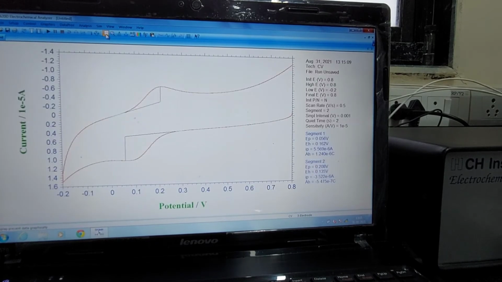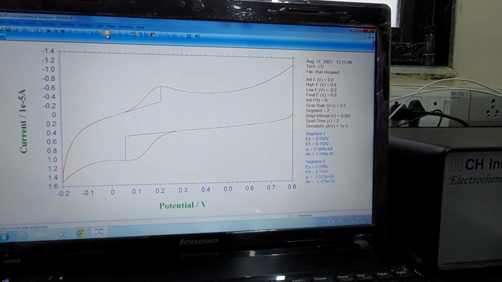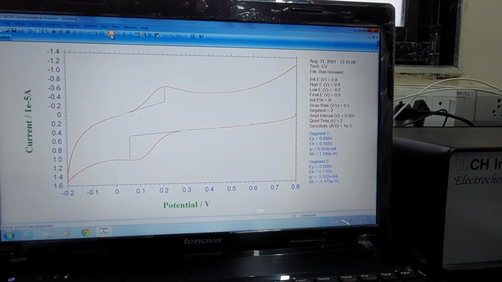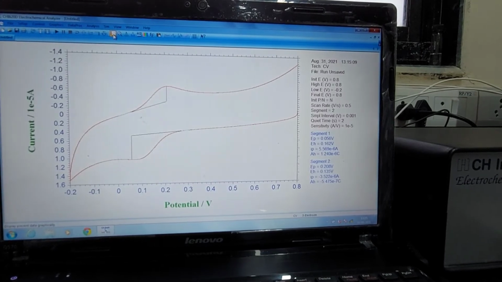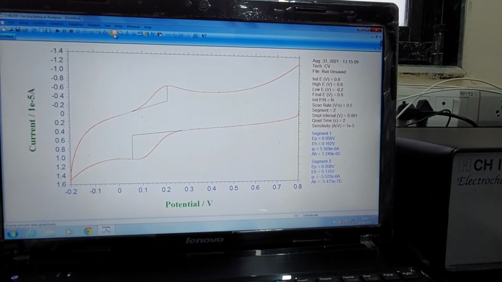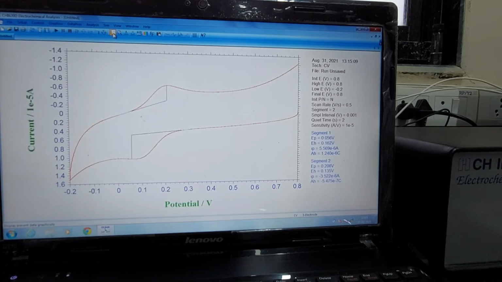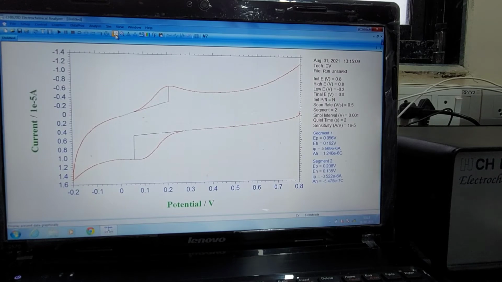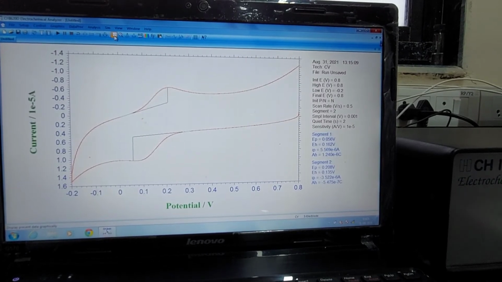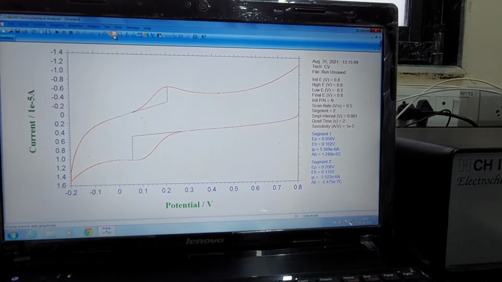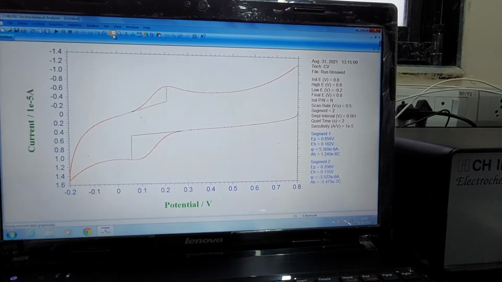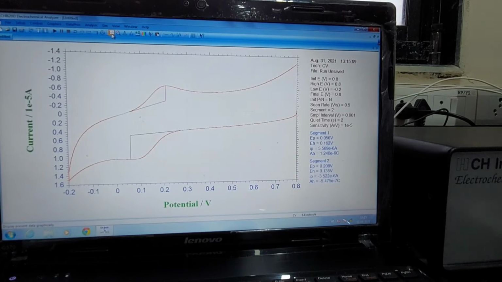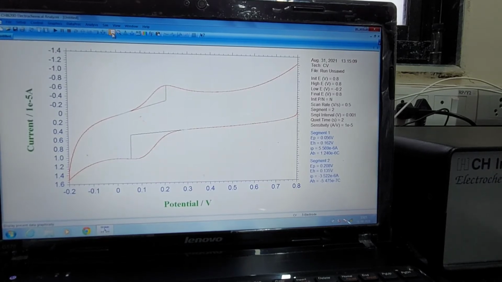But then you compromise on the quality. And this is what I expect you people to do: plot those different scan speeds and see for yourself where you get a good quality voltammogram, or cyclic voltammogram. Only at that particular scan speed are you going to work forward. We found that we are going to work with 20 millivolts per second. That's the scan speed.